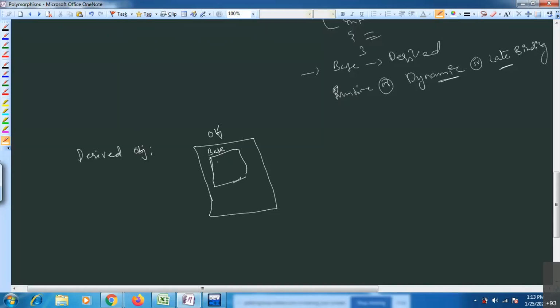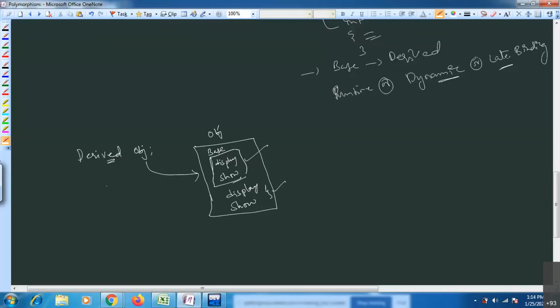Inside base, you have two functions. One is display, one more is show. Inside derived, you have functions like display and show, because you have overridden these two functions inside this particular derived. Now by using this object, you can access both base class members and derived class members as well.